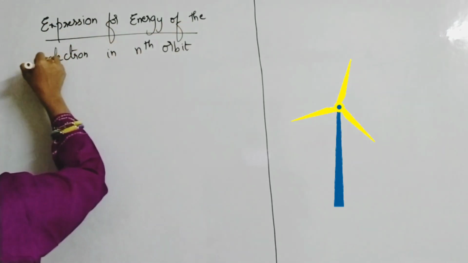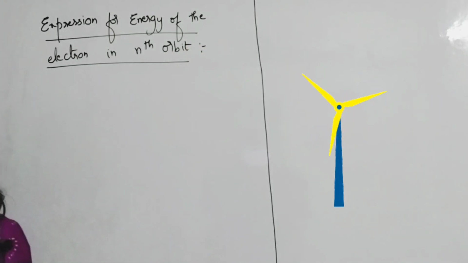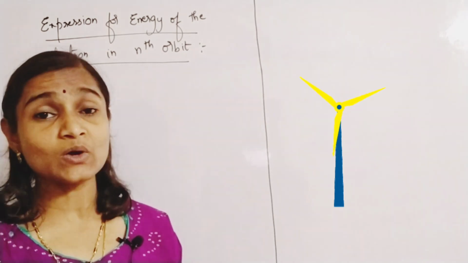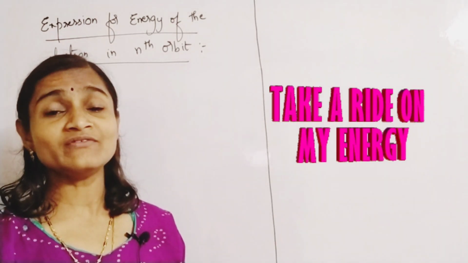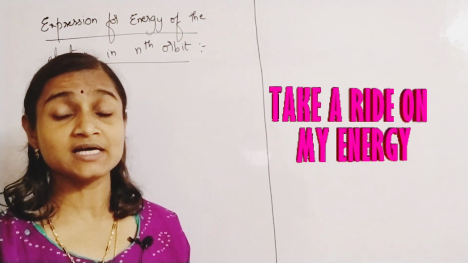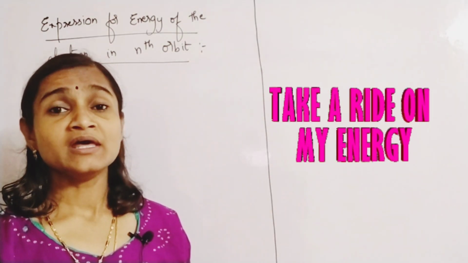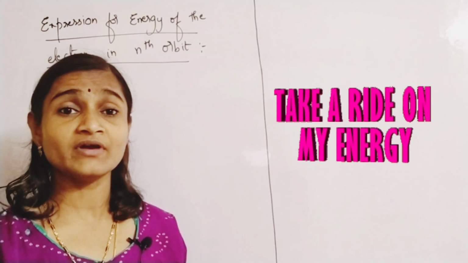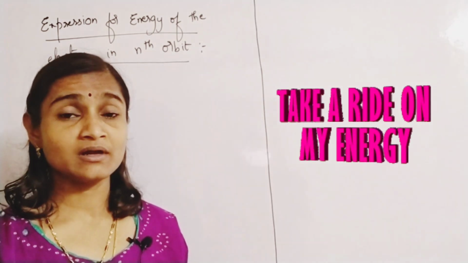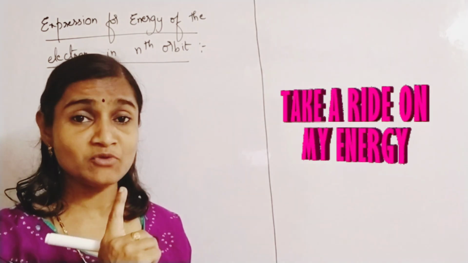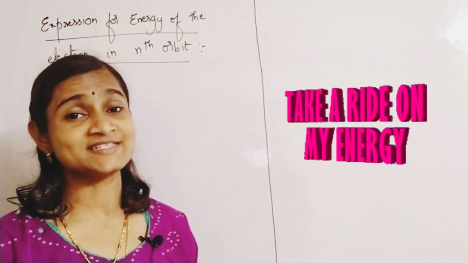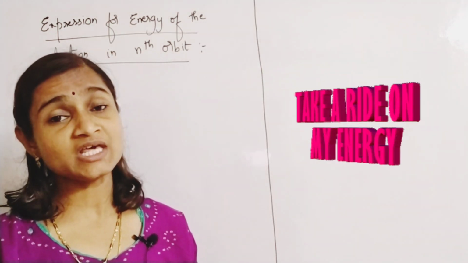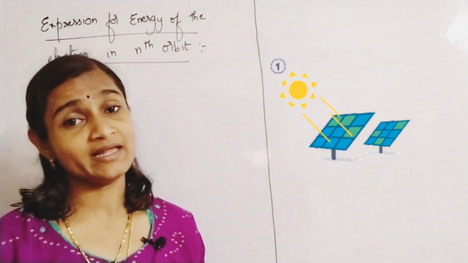To find out the energy of the electron, according to Bohr's atomic model, we have learnt that the energy of the electron is fixed as long as it is continuing to revolve in the same orbit. Only its energy will keep changing if it jumps from a lower energy orbit to a higher one, or from higher to lower. Until and unless it keeps revolving in the same orbit, its energy remains constant. So the energy of the electron is considered to be the sum of the potential as well as kinetic energies of that electron.